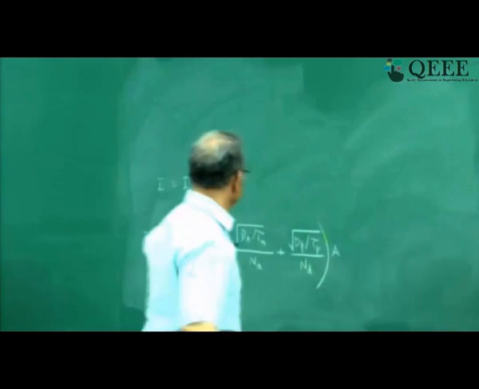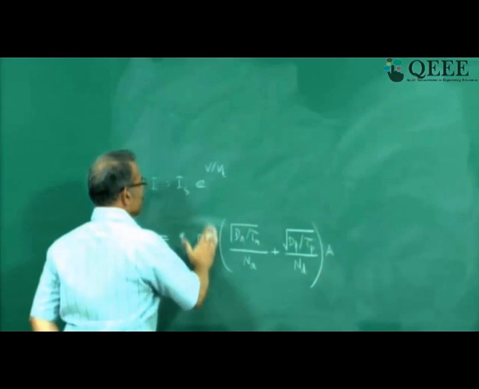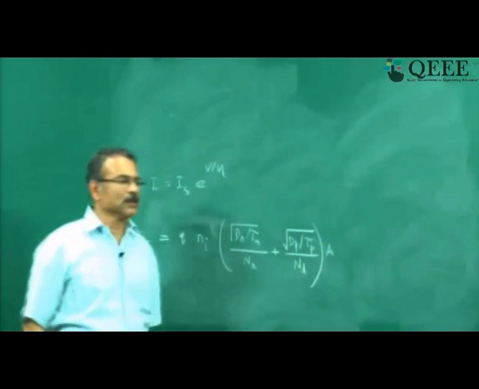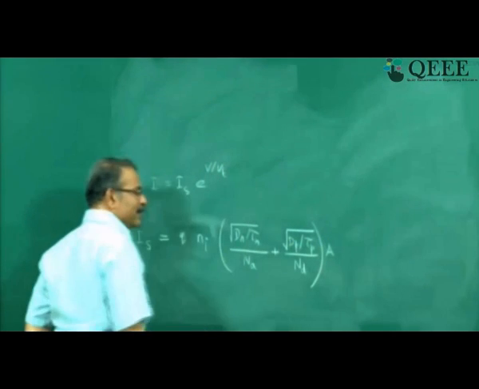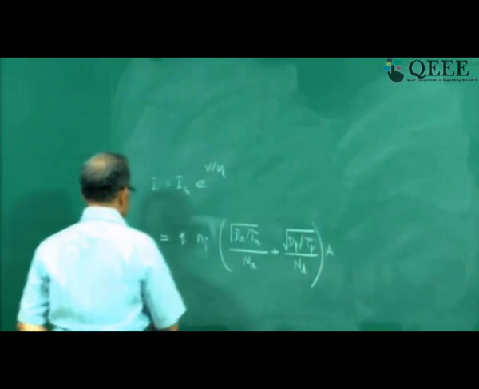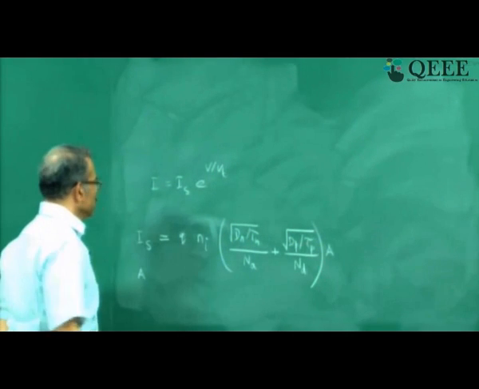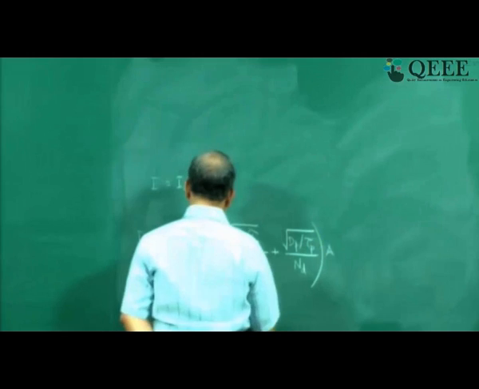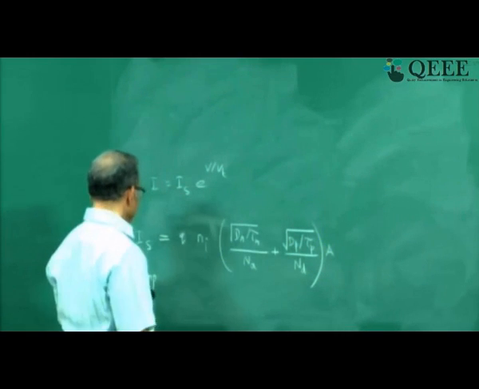Now whenever we write a lengthy equation like this, we are likely to forget some terms. For example, I could make a mistake. I may write this as Ni alone instead of Ni square. Now how do I know whether I have made a mistake? So let us put the units. Is, the unit should be amperes, you know that. So the right hand side units should turn out to be amperes.